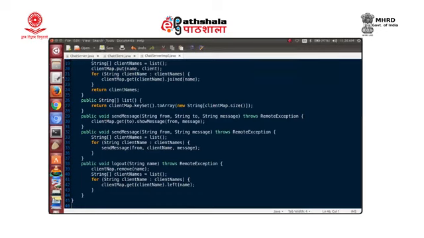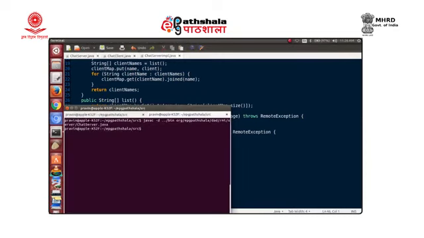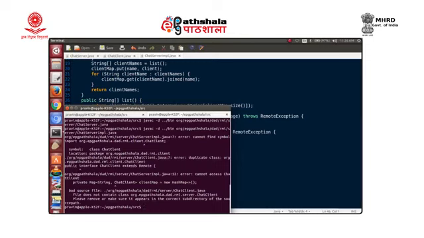We may compile and check this. So let us first compile and check this. For compiling, we need to compile chat server implementation dot Java. A few errors here. There is a spelling mistake there for chat client, and there is one in the chat client dot Java.